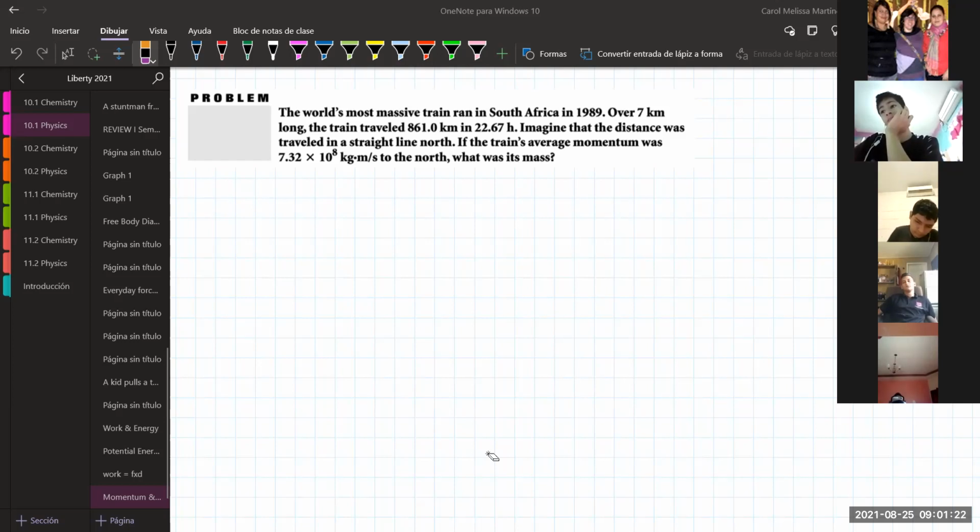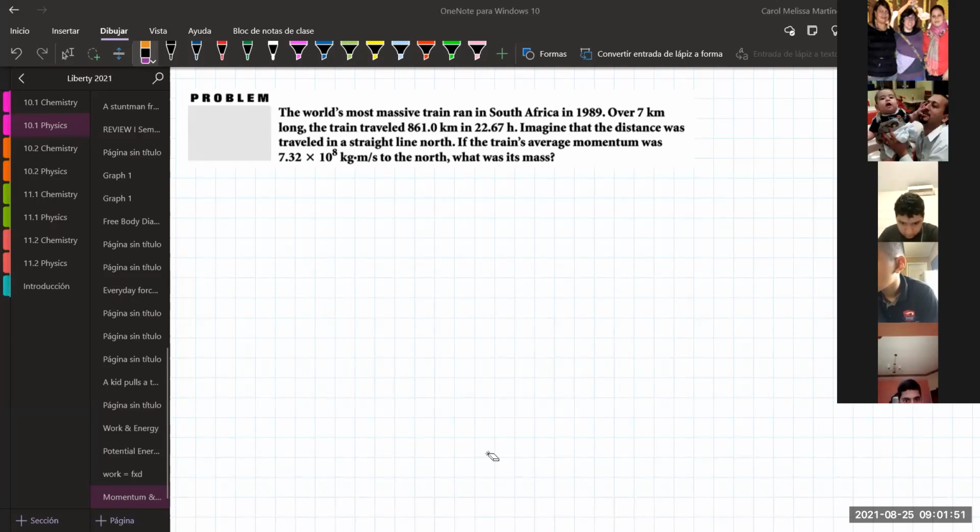The train traveled 861 kilometers in 22.67 hours. Imagine that that distance was traveled in a straight line to the north. If the train's average momentum was 7.32 times 10 to the 8th power kilogram meters per second north, what was its mass? So in this word problem,